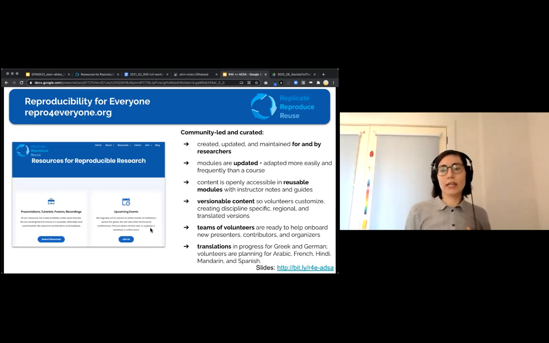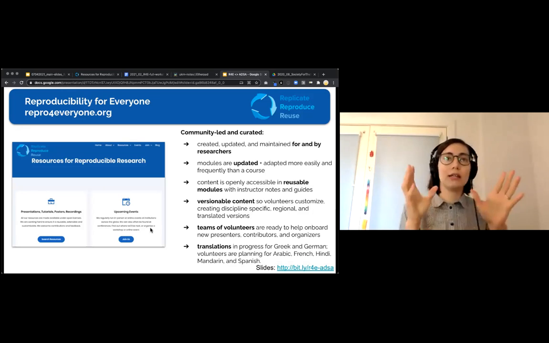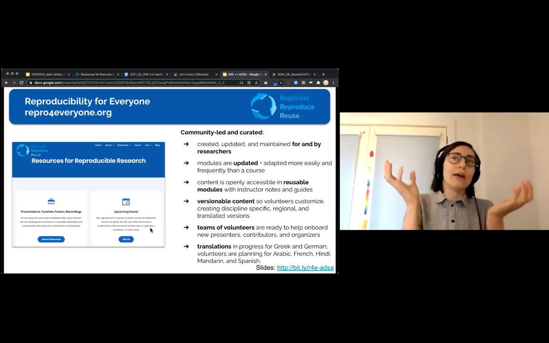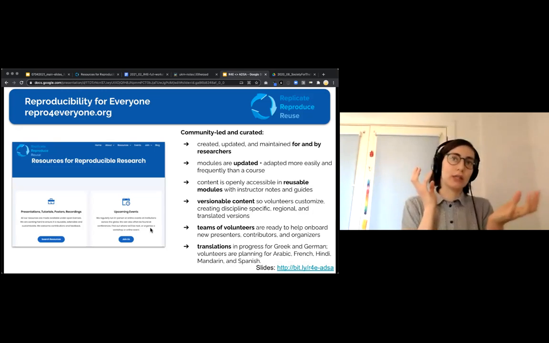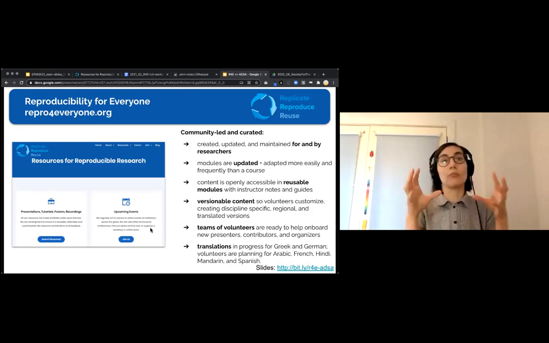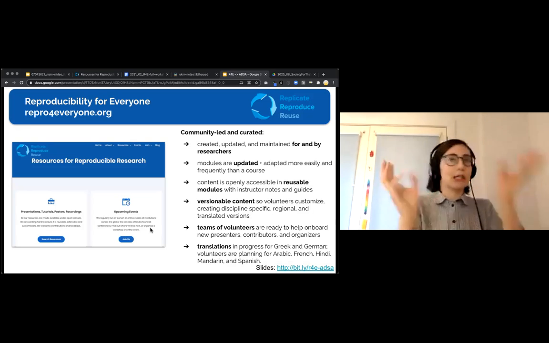So the content, and I can show you some examples in a minute. It was created initially, the first draft, by a small group of us who started the project, but over time, every single group of volunteer co-instructors has made it their own.